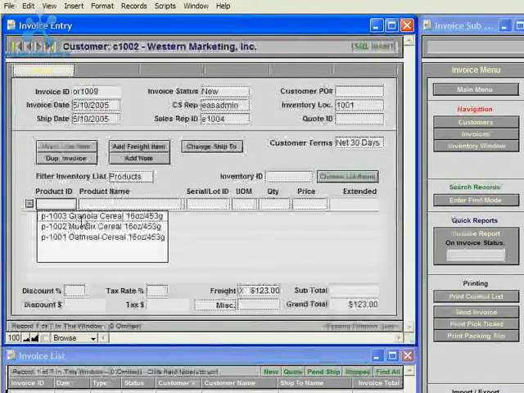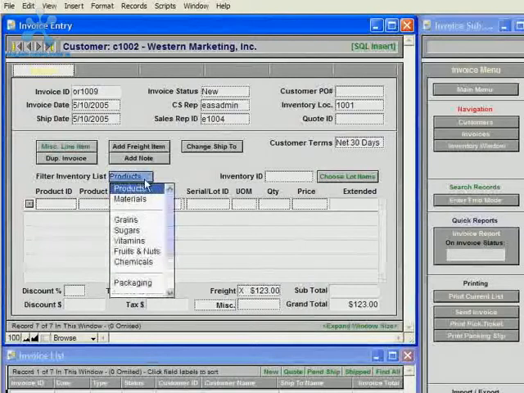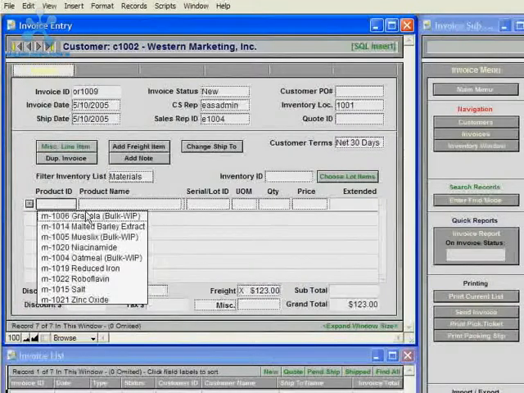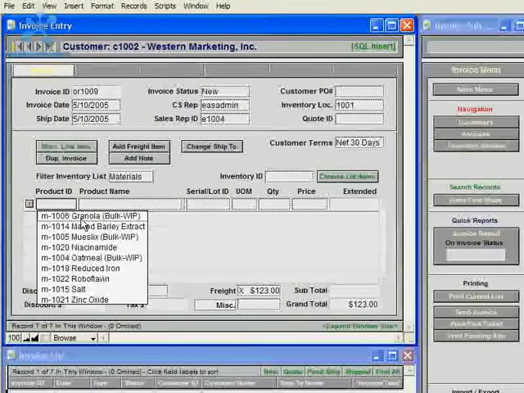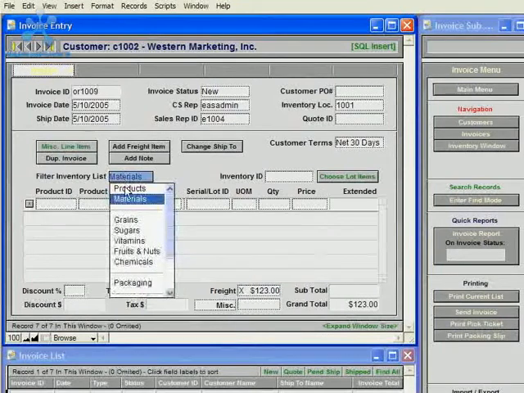and you can see it brings up a pull down of a few products in the database. You could filter this product list by choosing a different category. So right now I'll choose materials, and now when I click in this list, you just see a list of all of the inventory items in the inventory module that have a category of materials. But I'll just go ahead and switch this back to products,